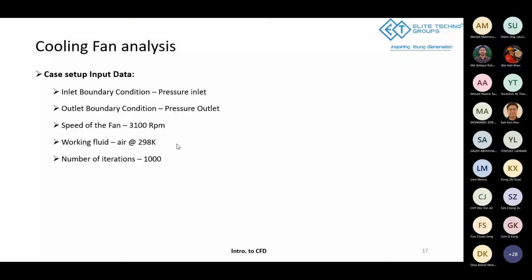The secondary data, I would need if there were multiple components involved, like if I had a component where I wanted to visualize the cooling effect. In that case, I would apply the temperature conditions and add the temperature parts and all those things. But for now, I'll keep it as simple as possible for you to understand.